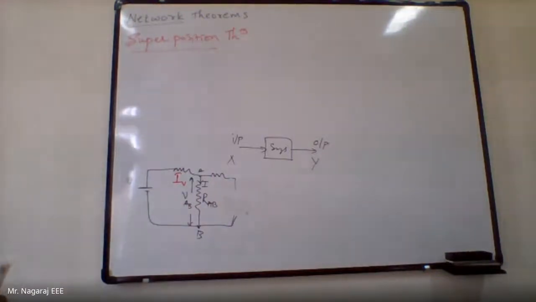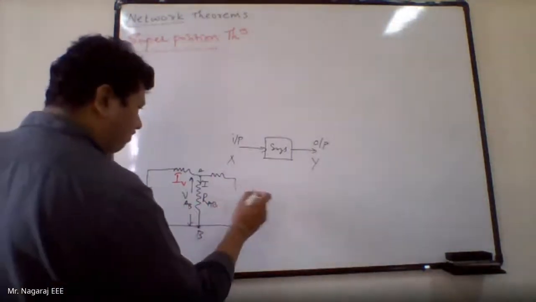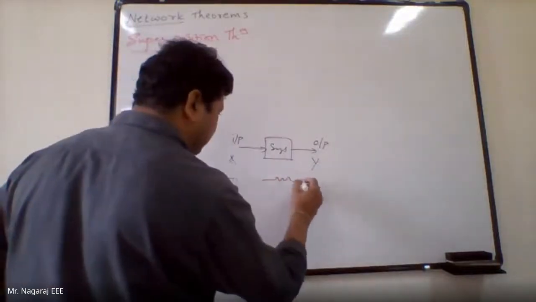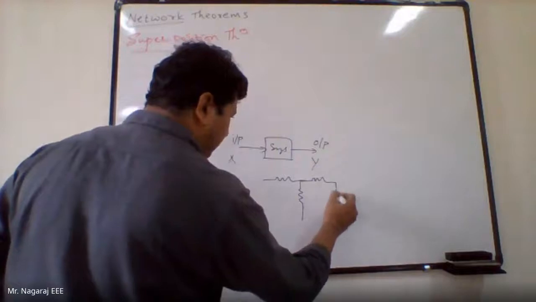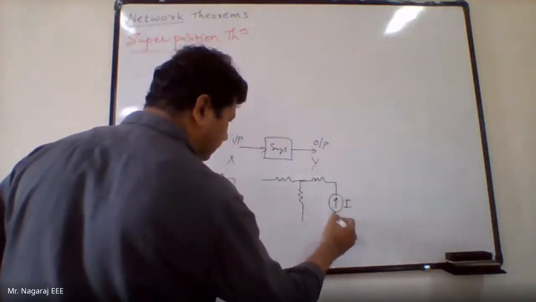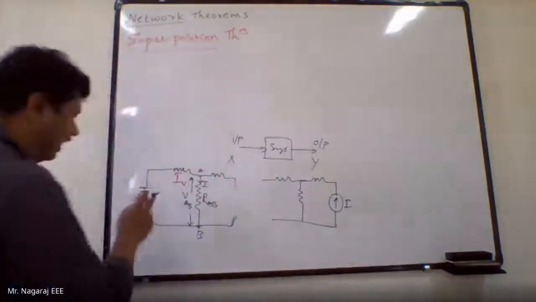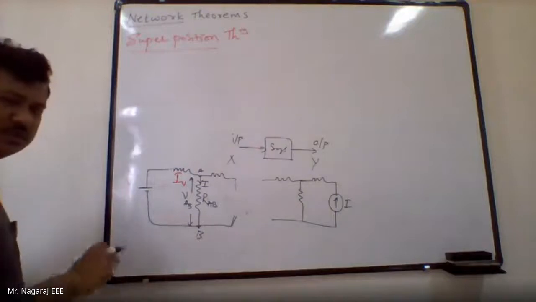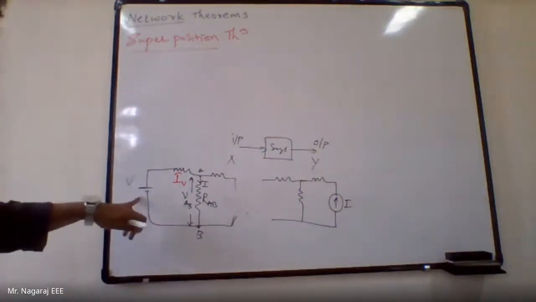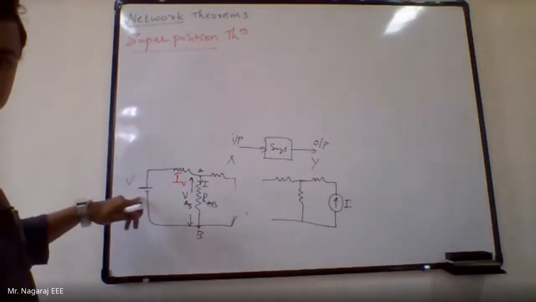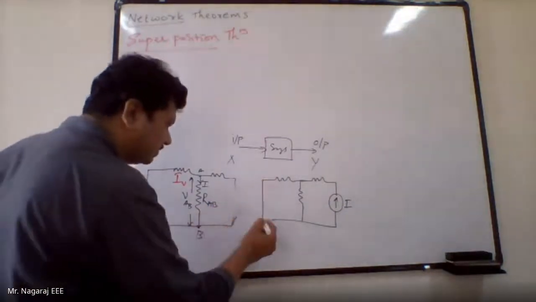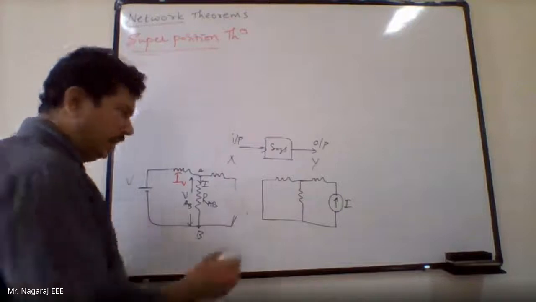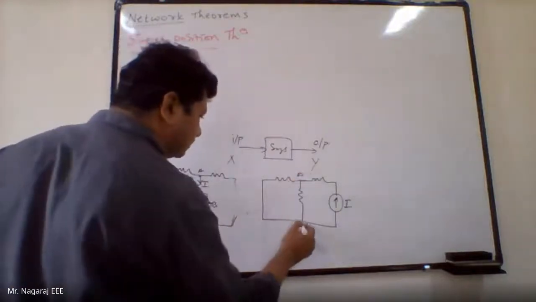Second, I have one more source, that is the current source. So in the second case, what I will do? I will keep the current source as it is. Now I will consider the current source in my circuit and I have to deactivate this voltage source. That is, I should make the voltage value of this source 0. To make voltage 0, I should short circuit that branch. So voltage sources are replaced by short circuit. Now find the current.